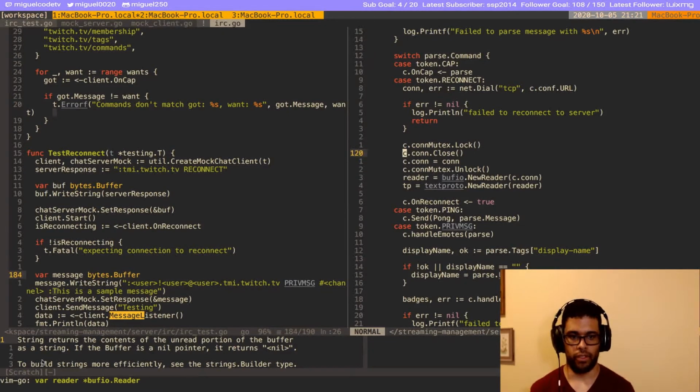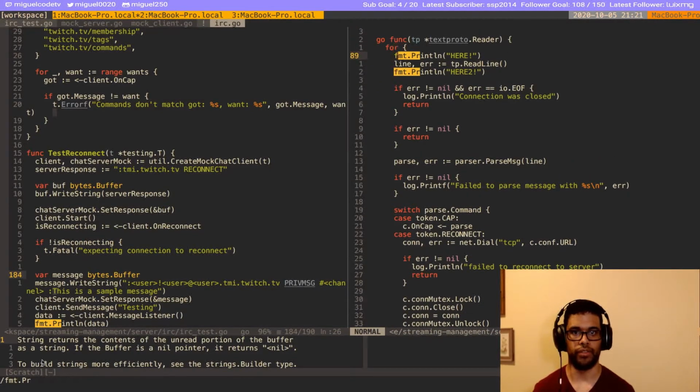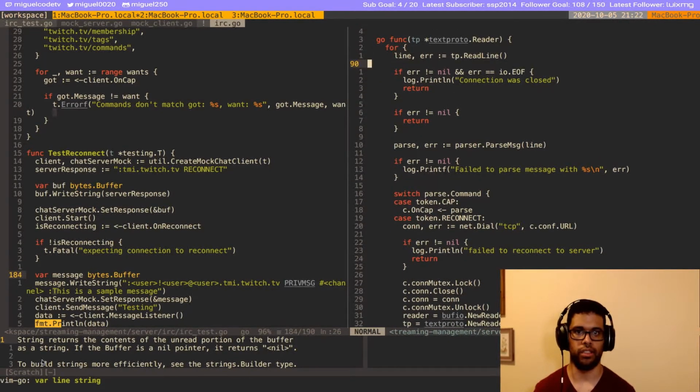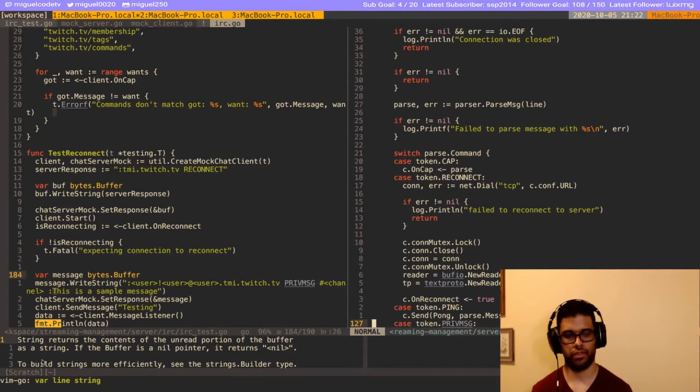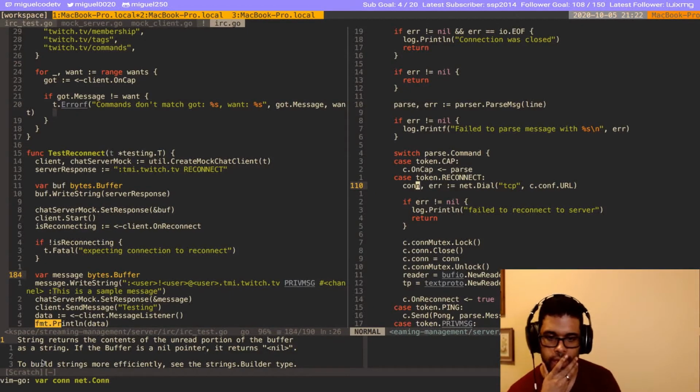Okay, for our client, I'm gonna get rid of this here. Okay, so I'm just gonna probably turn this whole thing into a function that does all the work, so it does all the reconnecting.